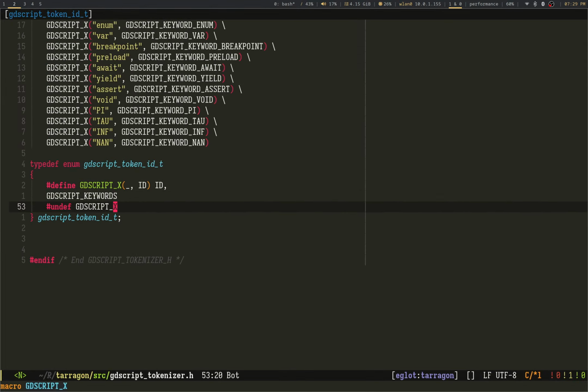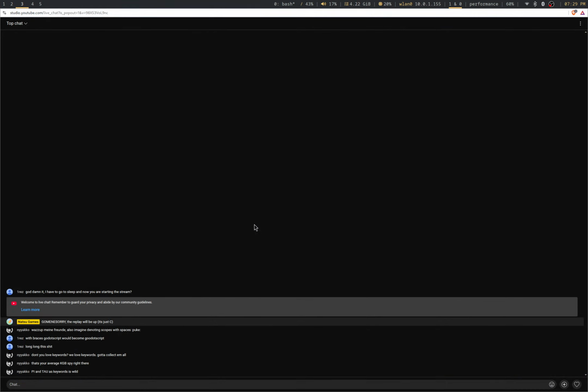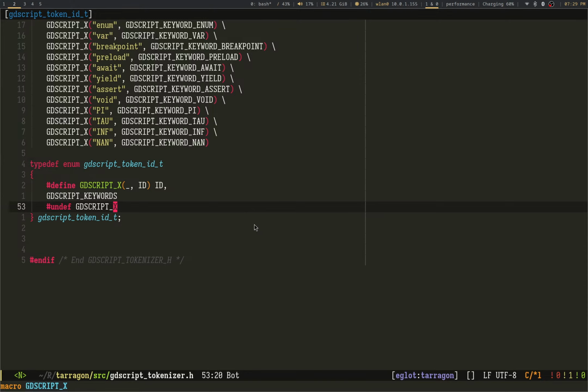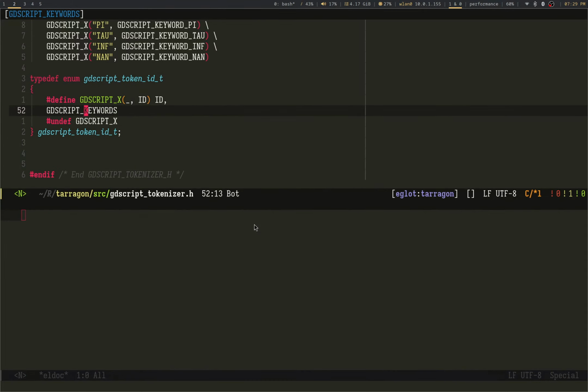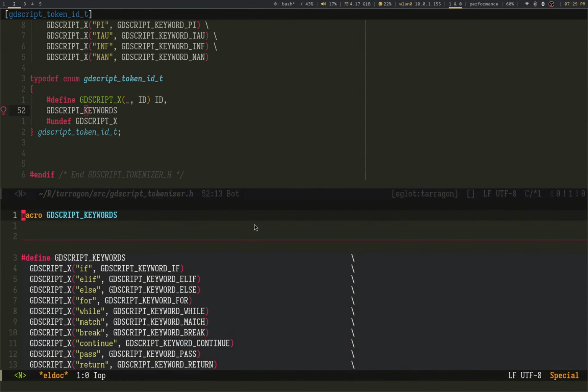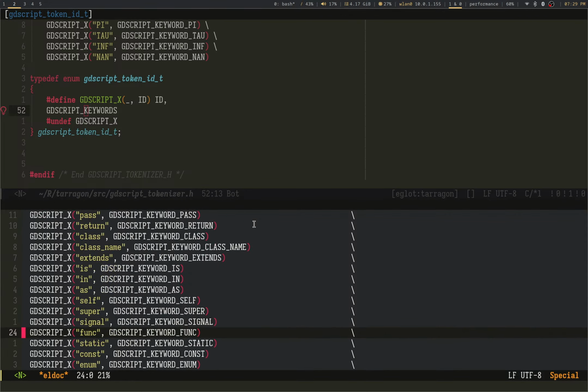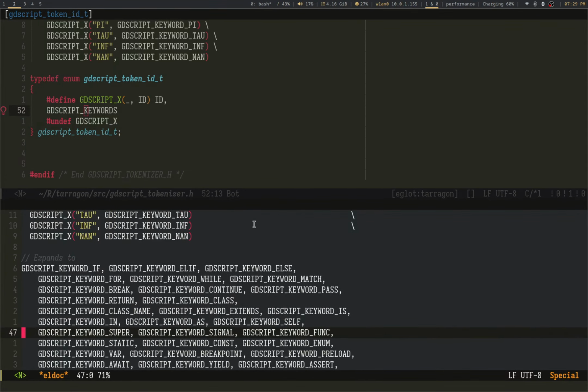As you can see, I like LSPs, which is why I want to make it standalone. Pi and Tau as keywords is wild. This is a little excessive, especially since Tau is just 2 pi. But as you can see, what's going on here with the magic is this gets expanded like that, which is nice.